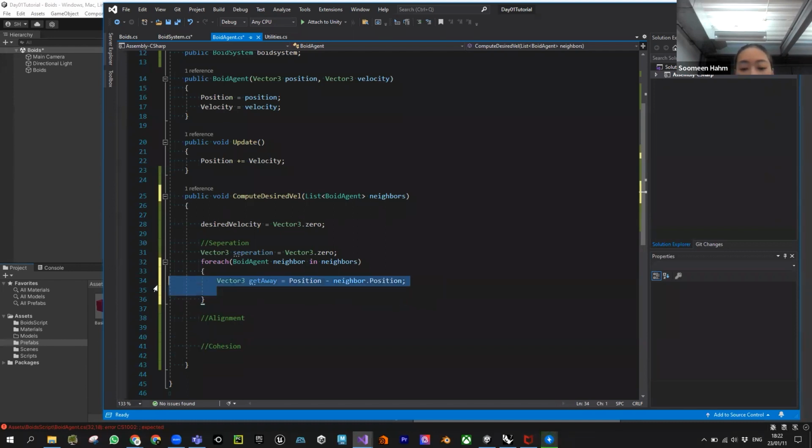Okay, and then there are a few more calculations, but I'm going to add this into, so this has to add up to the separation. So the separation plus is get away. And also